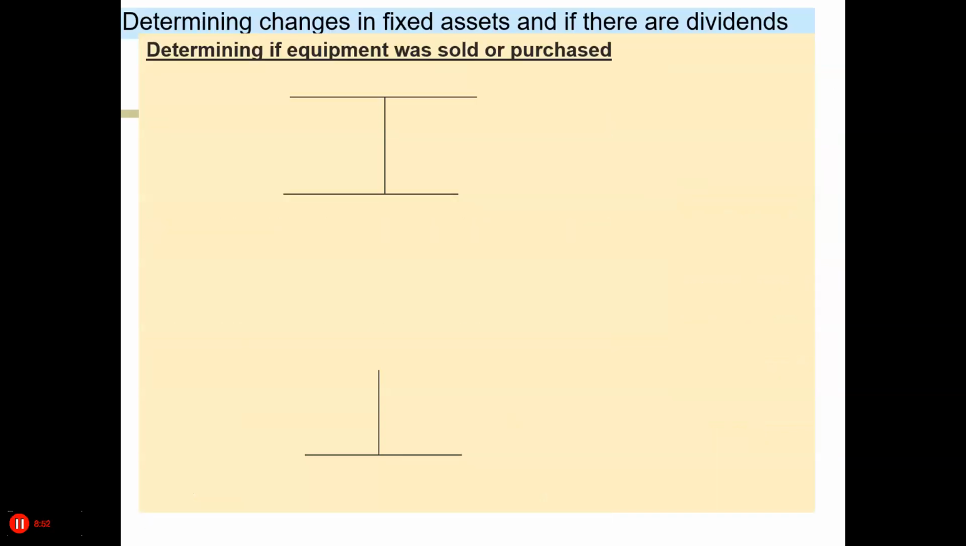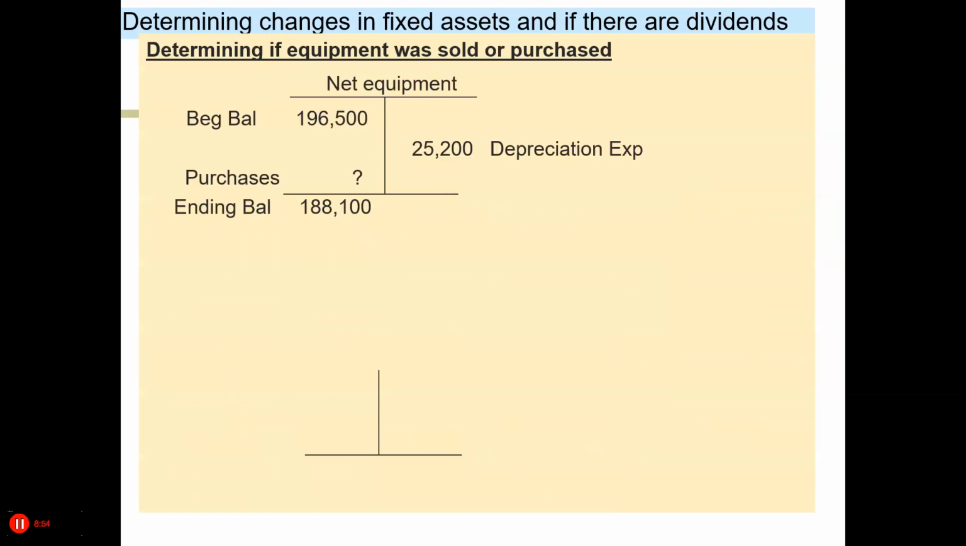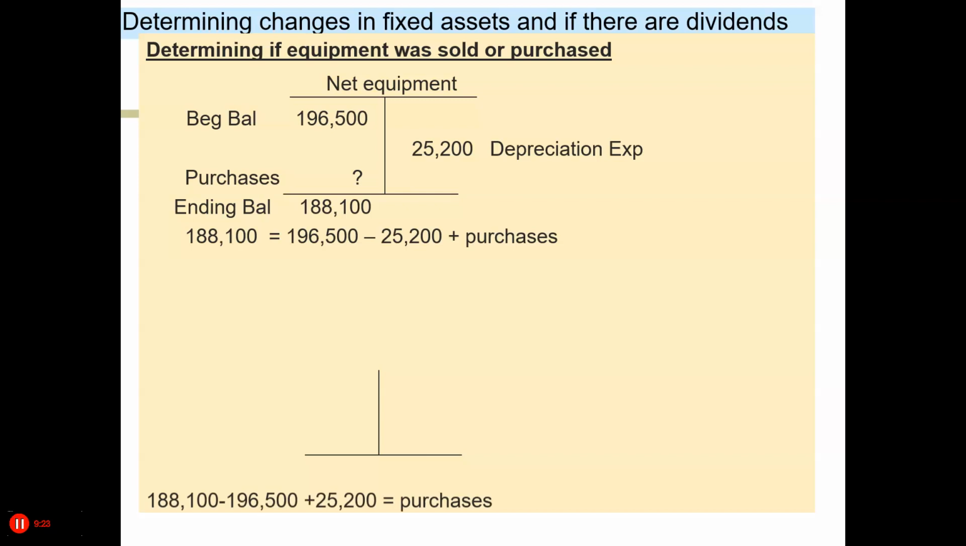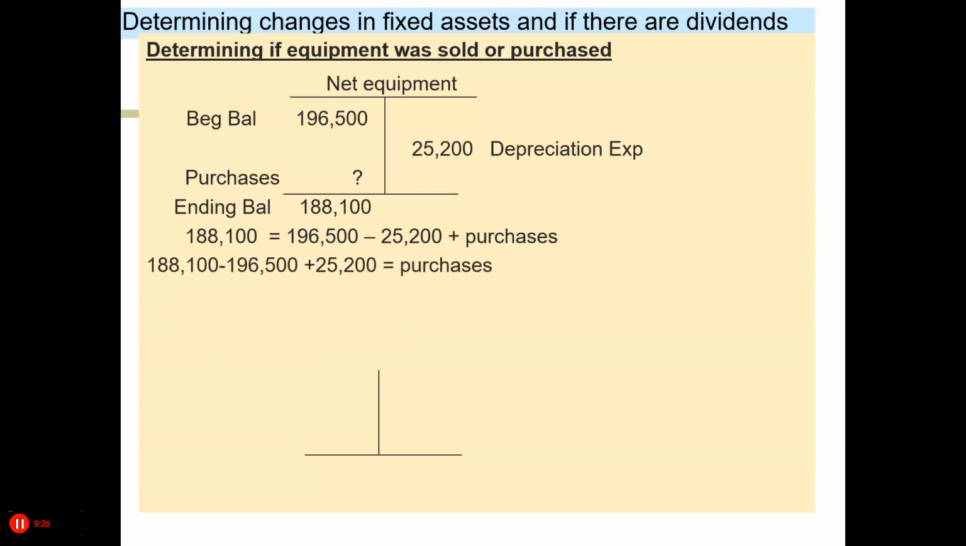So first, we're going to look at fixed assets. We're going to show what the balance sheet change shows us. We started with 196.5, we ended with 188.1, and we wrote off, we depreciated 25,200. So now what we have to figure out is how much did we buy or sell? And it looks like we bought. So what we're going to do is we know that the ending balance equals 196.5 minus 25.2 plus purchases. We're going to put them to the other side, and then we're going to